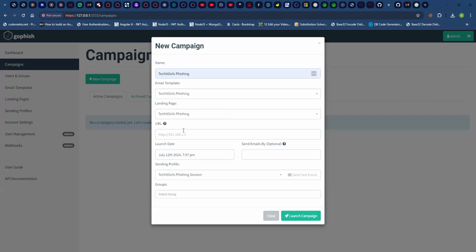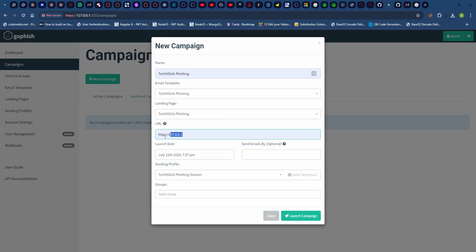As for the URL, this needs to be a URL the user can access. Now, we are doing this locally in our system, so I'm going to use this local address 127.0.0.1. In a real world scenario, you would probably want to buy a domain for this. You want to make sure that if the person clicks on the link, they can access the domain over the internet. We'll probably look at how we can set that all up tomorrow. Like I said, getting a domain costs some money, maybe $3 to $12. But we'll just do this locally first, see that it works, then discuss other things tomorrow.